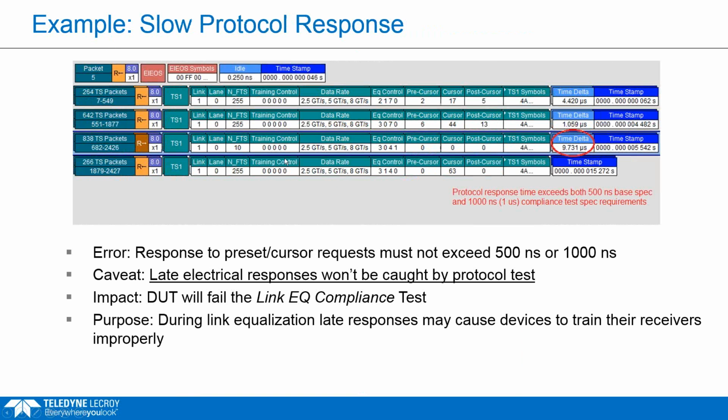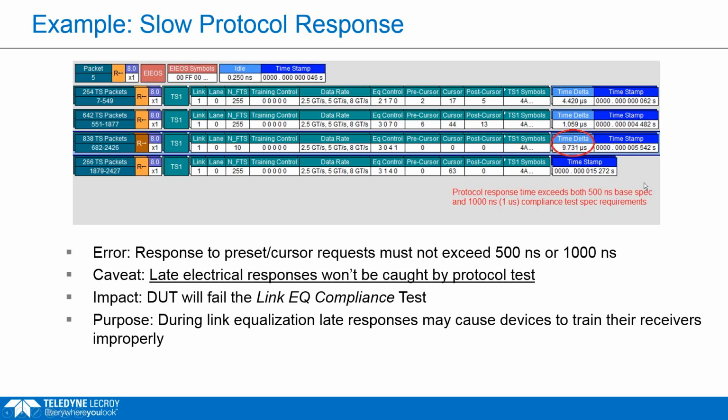Here's the same test here, the response time test. We're looking now at, again, the PeRT, which is acting as the system, sent a request in this case for preset 4, and we can see the add-in card responding, saying, okay, I've changed to preset 4. But if you look at the time delay, 9.7 microseconds. So in this case, the protocol response is too slow. Actually, with this product, the electrical response was less than 1 microsecond, but the protocol response came almost 10 microseconds